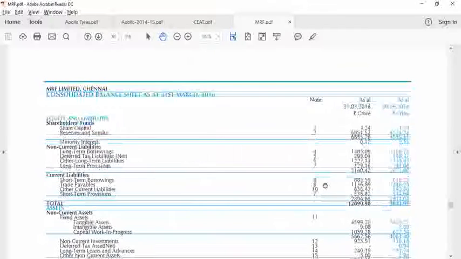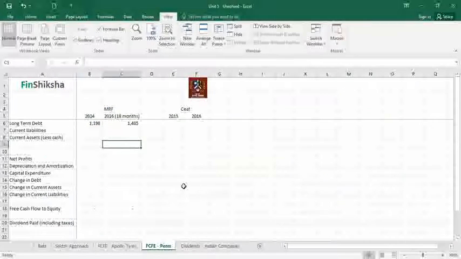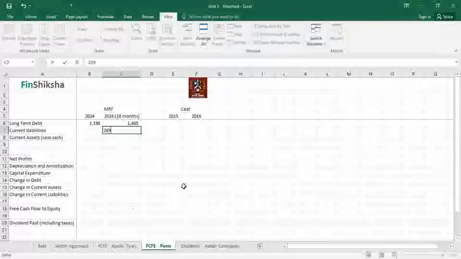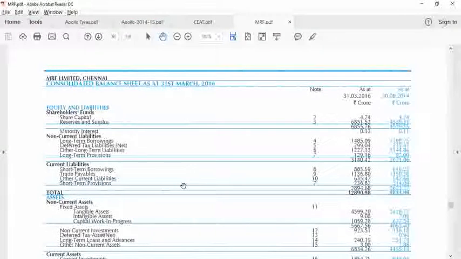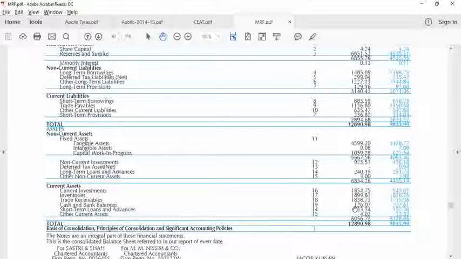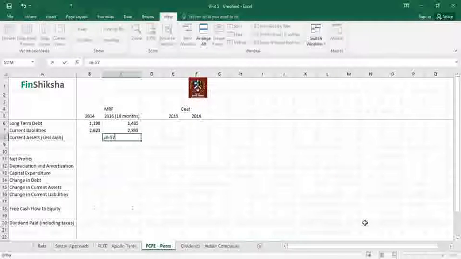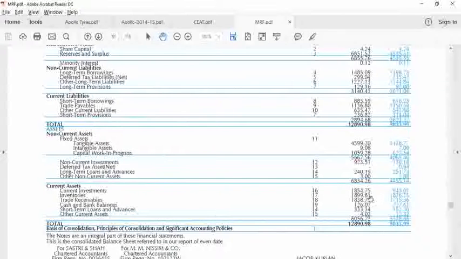Current liabilities. So current liabilities are at 2895 here. So that's 2895. And we have 2623. We have 2623 here. Current assets less cash. So we're going to remove cash and we're going to remove current investments from here. So that's 6057 equals 6057 minus, we're going to subtract 1855 and we're going to subtract